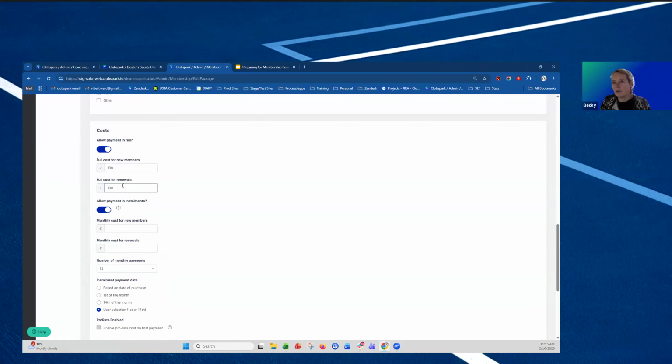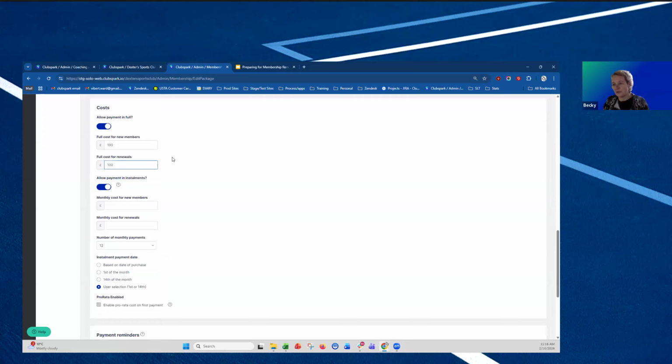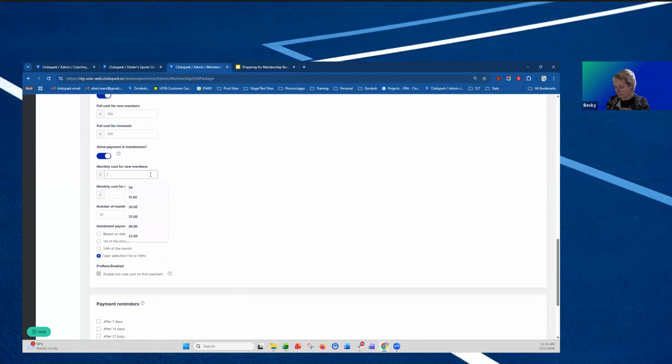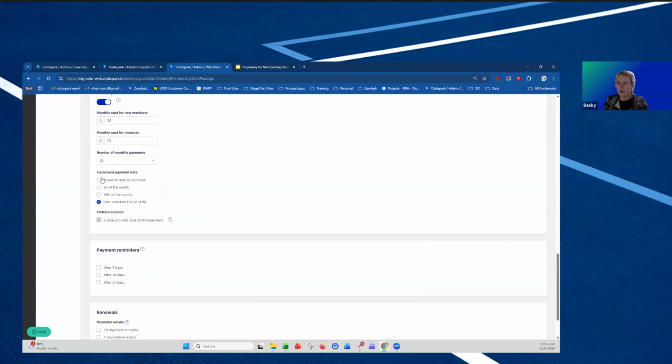One thing to note: if your renewal cost is cheaper than your full cost for new members, then it's okay. But if your cost is cheaper for new members, some members can come in and purchase at the cost for new members. So just so you know that that's available. I'm just making this up. So you select, based on the date of purchase,